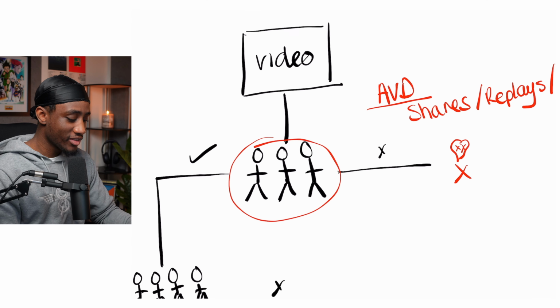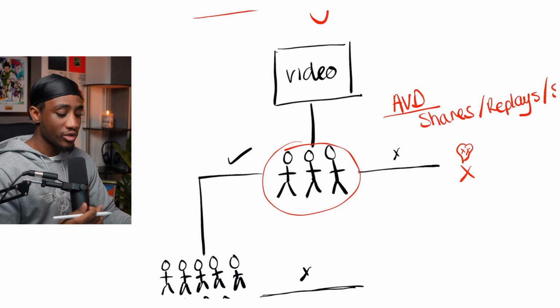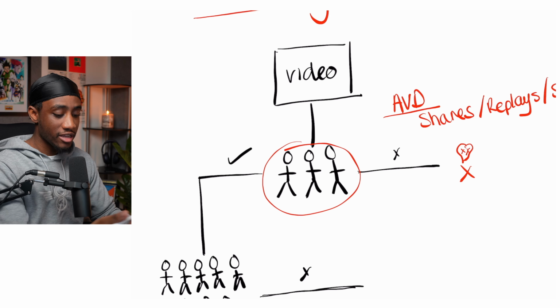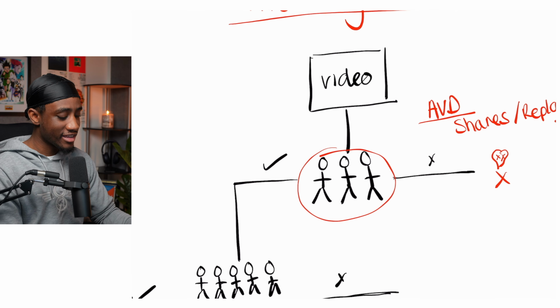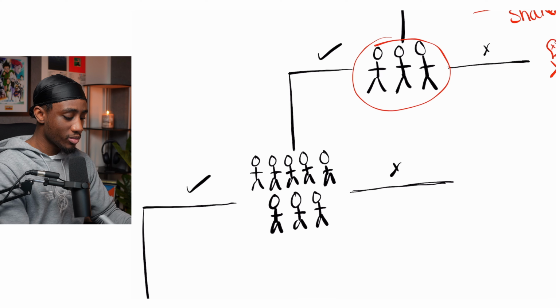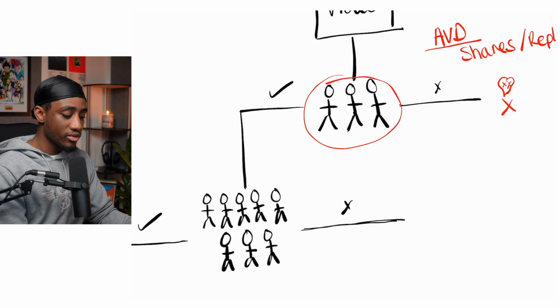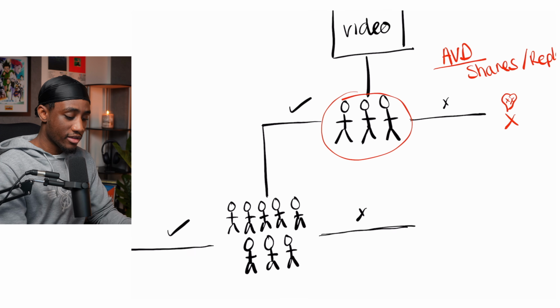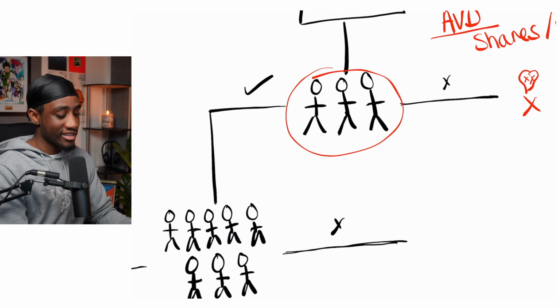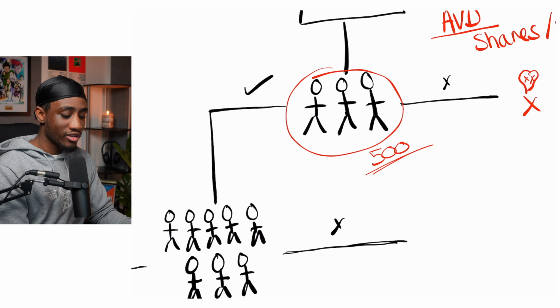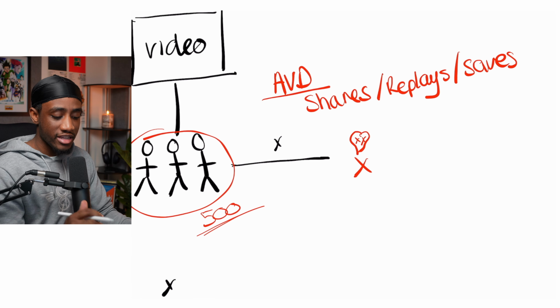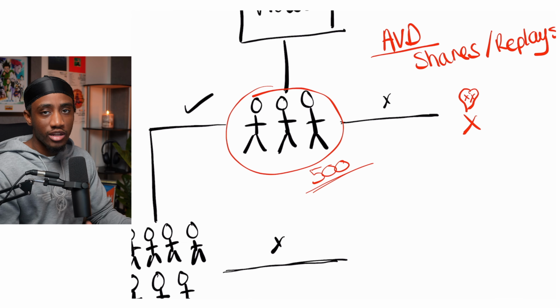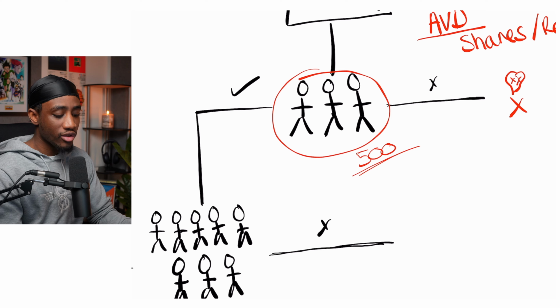Yeah, so the video will completely die. Now, if your metrics are good, average view duration, shares, replays, saves, then the video gets pushed out to more people. Now, going back to the small batch of people, if you're one of those creators and your videos are stuck below like 500 views, this also applies to TikTok as well, because I know the TikTok algorithm works very similar. If your video is stuck below 500 views, you have a problem with your average view duration, shares, replays, or saves. People do not like your videos. That's why you're stuck below 500.